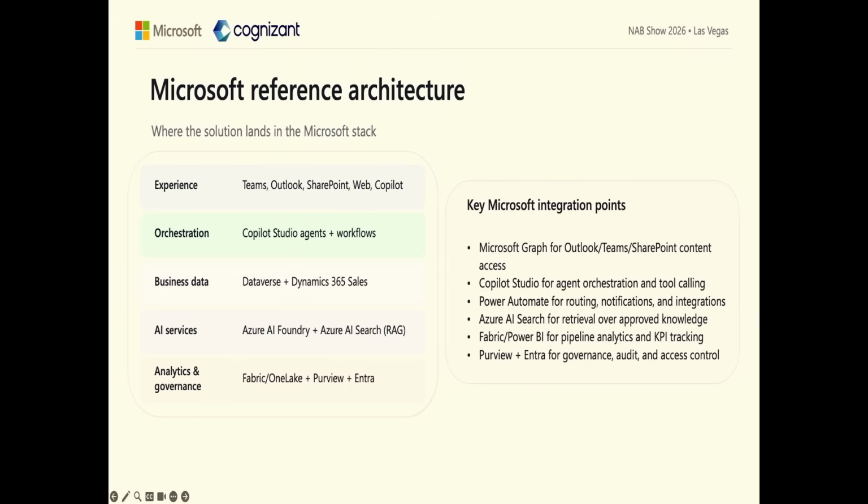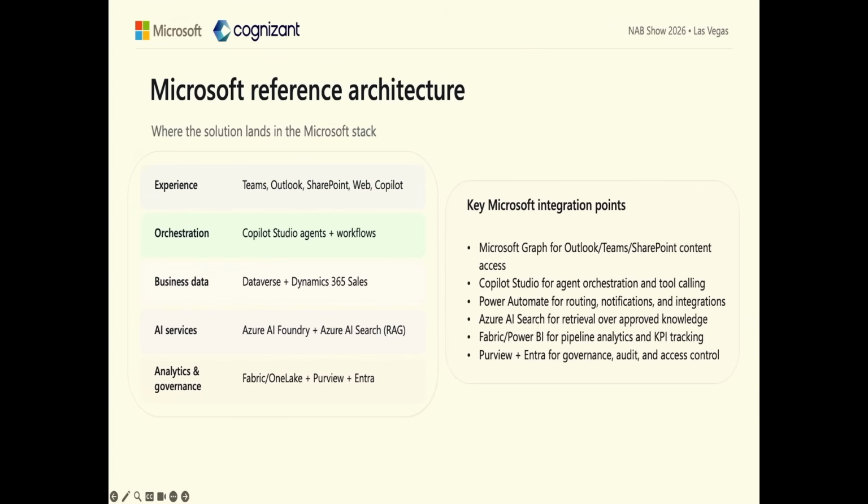So if you're accessing Copilot in Outlook, for example, you can ask a question about an RFP that you have, and it's going to use this application as the deep domain-specific intelligence layer, but your experience layer is still going to be with what you're used to, which is Copilot. Orchestration, like we talked about, there's a number of different agents that work together to make this happen. These are built in Copilot Studio, and then have workflows attached to them.